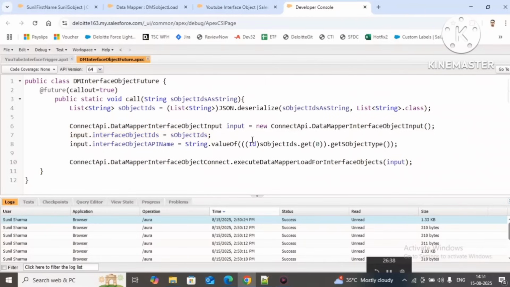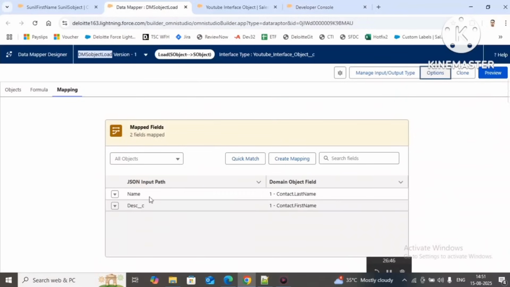Now with the help of these IDs, Velocity will fetch the record from database, and it will create the contact using that mapping. Like my YouTube interface object field name is name, that will be stored in last name, and in YouTube interface object whatever the description, that value will be stored in first name, and it will create the record. Once the record is created,